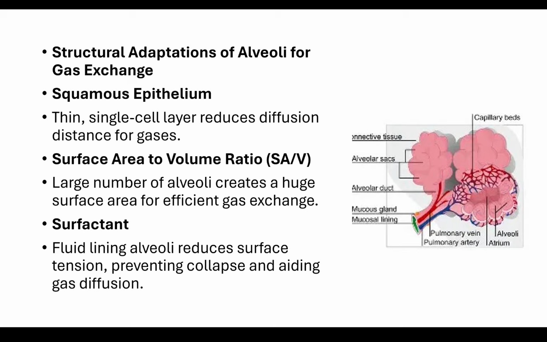Structural adaptations of the alveoli for gas exchange. Squamous epithelium is thin. A single cell layer reduces the diffusion distance for gases. The surface area to volume ratio is increased because there's a large number of alveoli. The surfactant, which is fluid lining the alveoli, reduces surface tension and